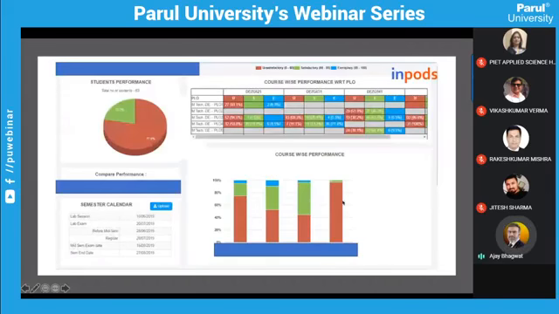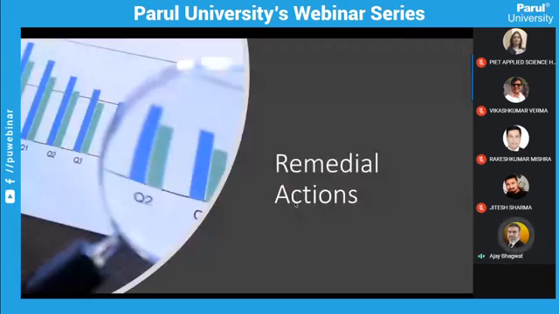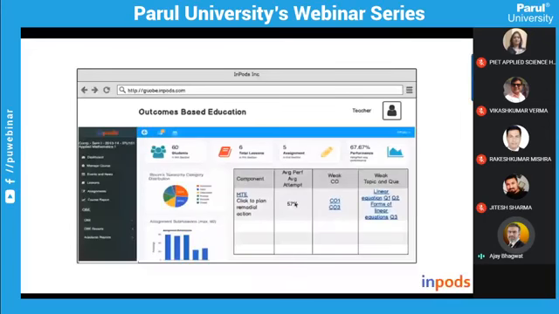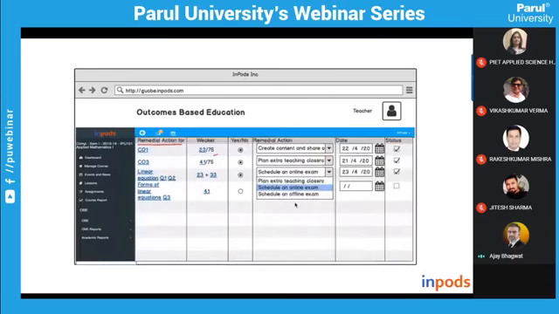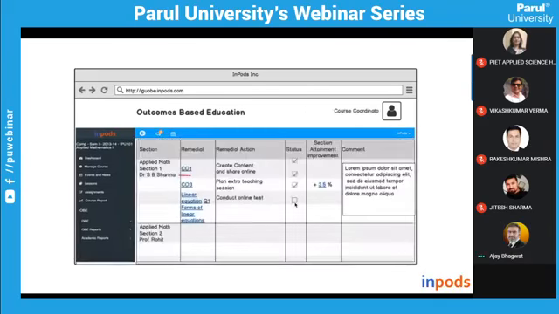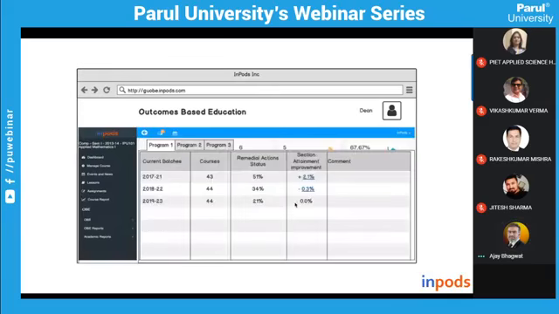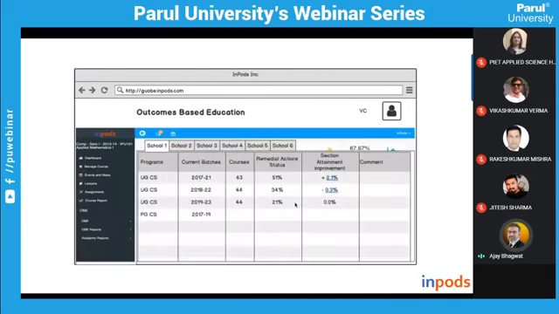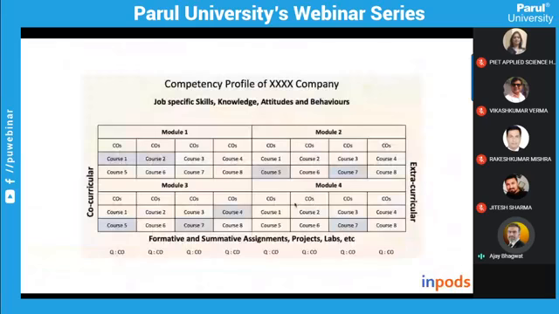Probably this is a new course, sufficient data is not there, that's why it's not showing the trend properly, but it means that there is not enough data yet. So this is the kind of analysis you can do quickly using InPots and achieve your outcome-based education goals. Now, looking at the problems identified, remedial actions have to be planned, and they can be planned in this manner, and there could be a tracking mechanism, and then you can also see whether the desired positive percentage is achieved by all the teachers in that.